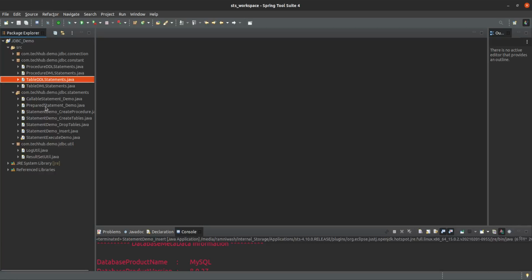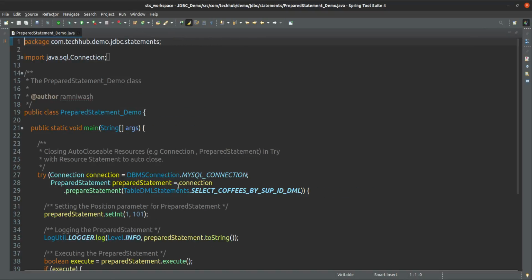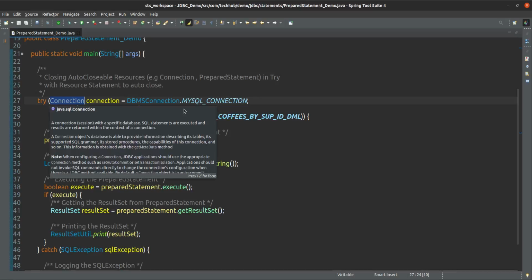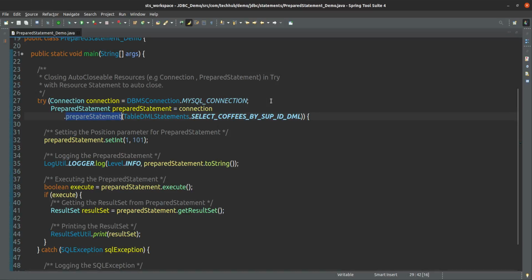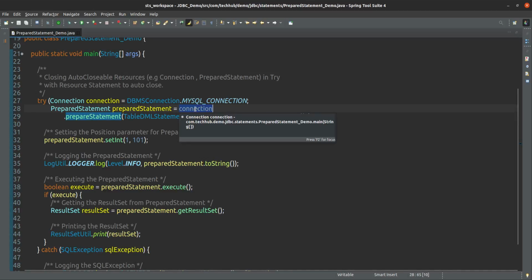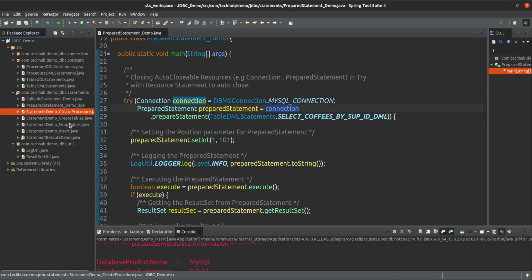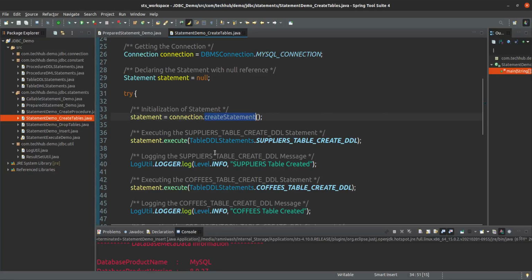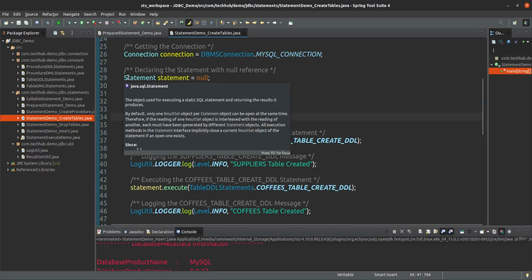So this is the demo for prepared statement. Now you can see here, from the connection we have created prepared statement. Previously for statement we were calling connection dot create statement, and it is returning a statement type reference variable.